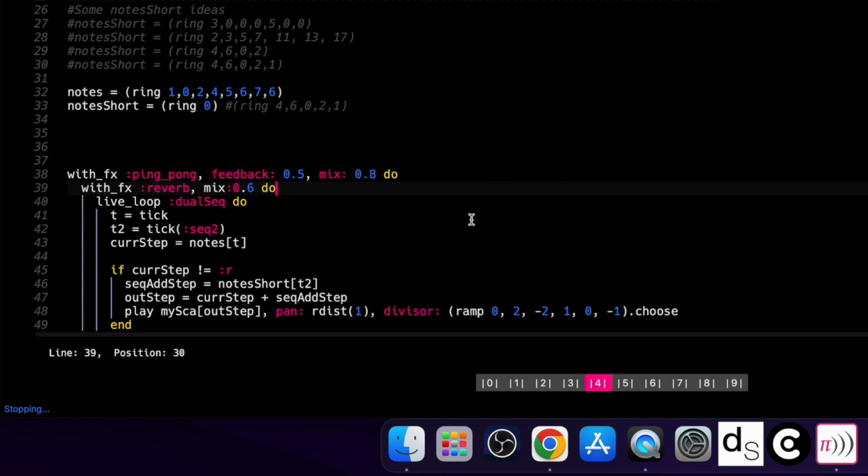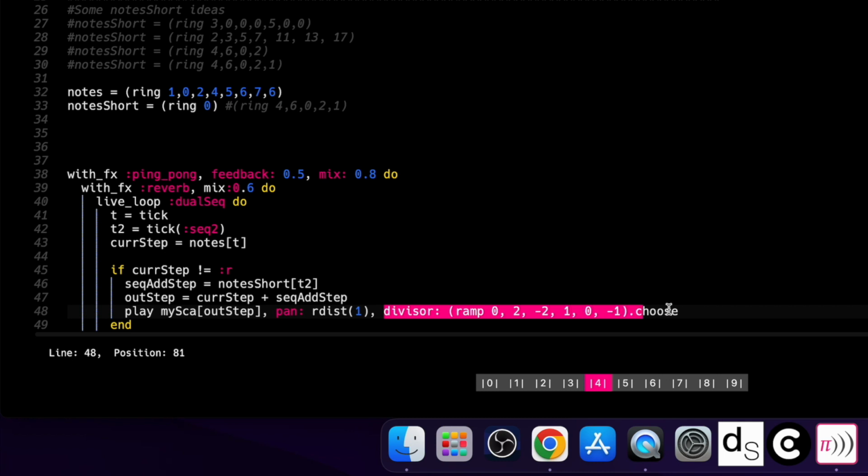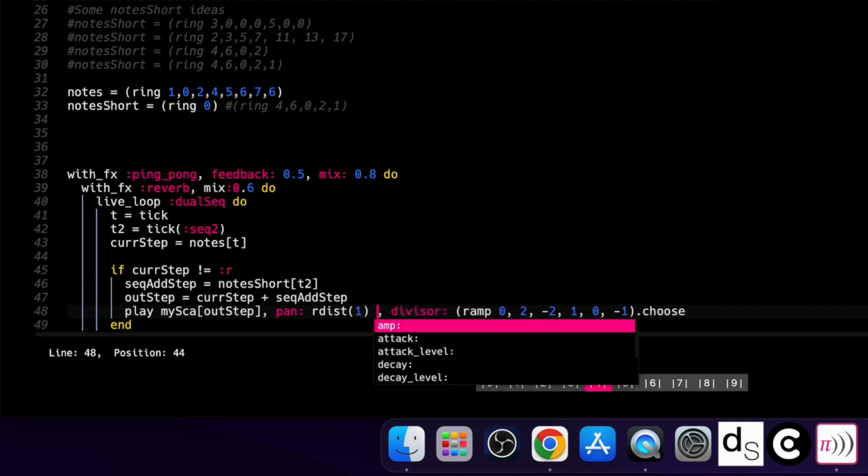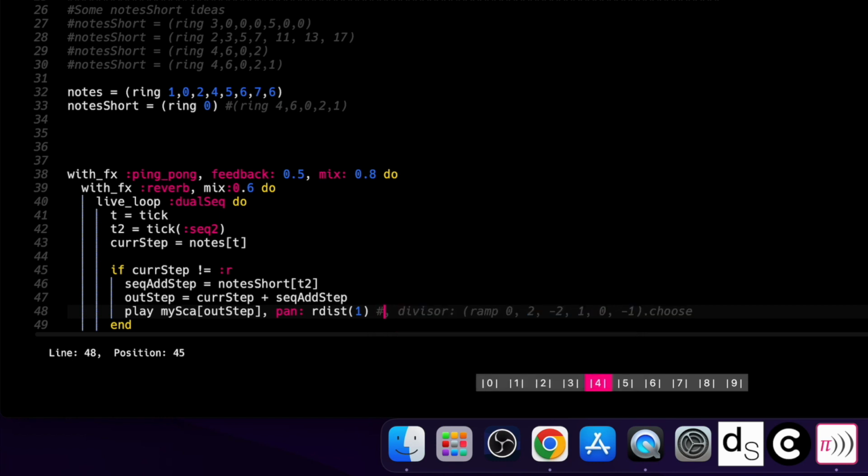The differences in terms of sounds that we are hearing, even though we're listening to those notes, come from this divisor down at the bottom. If I code the divisor out, then what we should find is hopefully a static enough sort of sound that will pan. So that's what you can hear there. So this divisor,